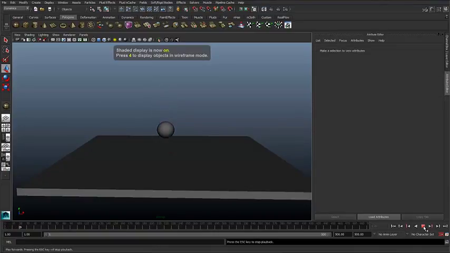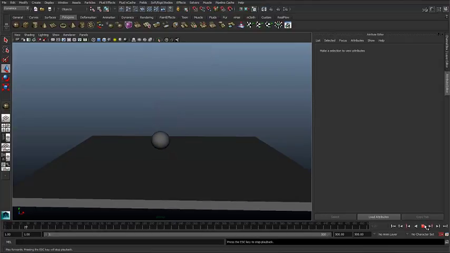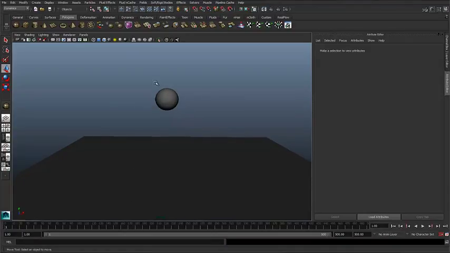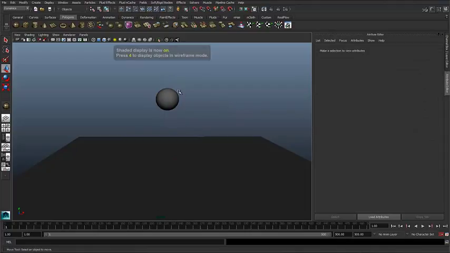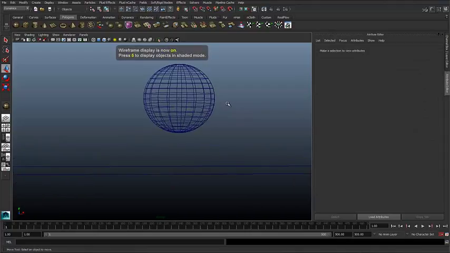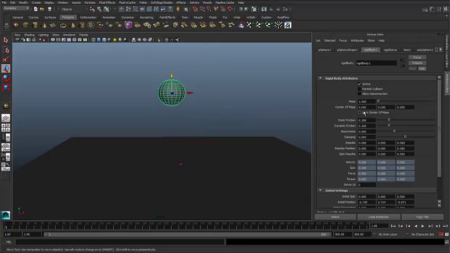If I play this, the ball is coming down, and it's behaving very weirdly because we have shifted the mass to its negative x direction. Alright, so this is the effect of shifting the center of mass to some other direction. For a realistic output, let's keep the center of mass at the very center of the body, the sphere. Alright, after center of mass you can see you have a lock center of mass. When you don't want to change the center of mass, you can just lock it. After locking it, if you